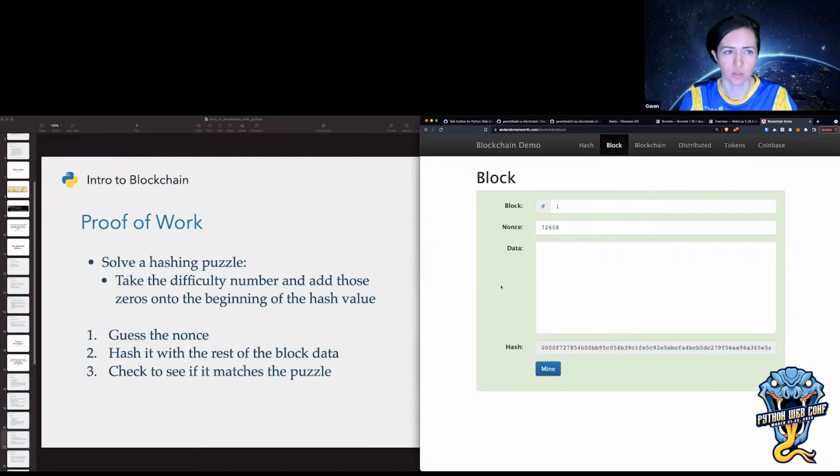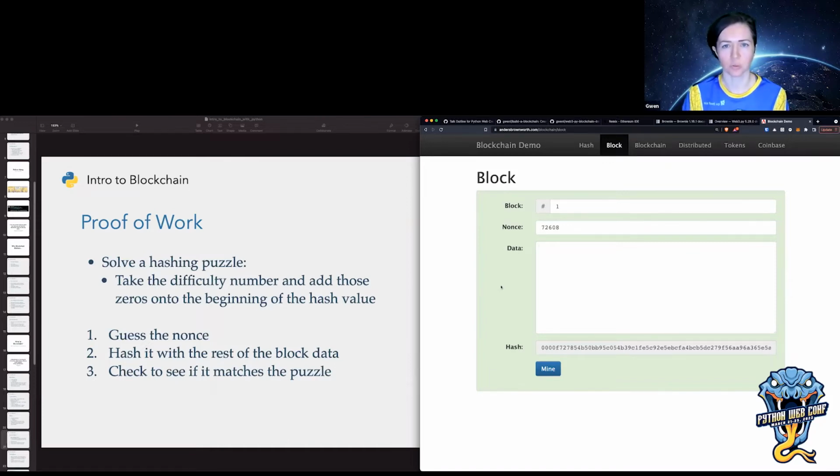The proof of work algorithm is going away. You probably hear in the news how environmentally unfriendly it is to have GPUs all over the world running and taking up so much electricity and everything. So different blockchains have come up with a lot of new, more friendly proofs. So Ethereum's moving to something called proof of stake. There's also proof of authority, proof of elapsed time.